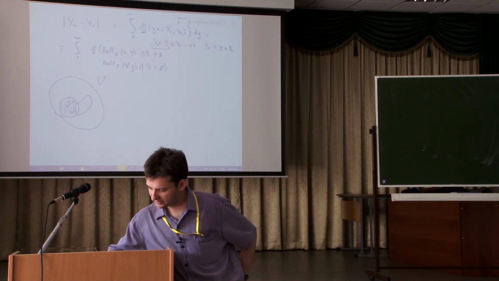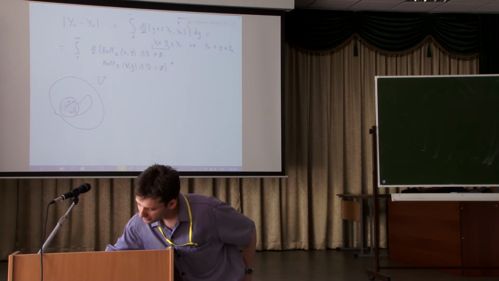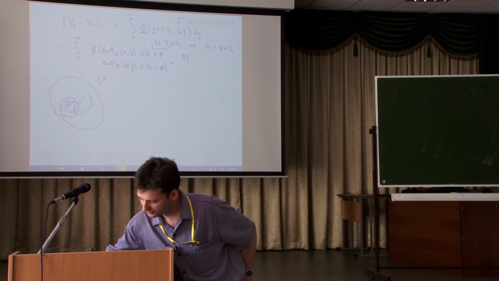So this event happens, or the symmetric event happens. So the indicator variable of the event, ball